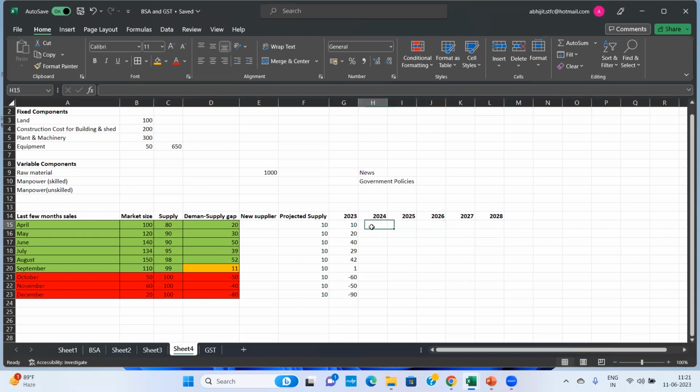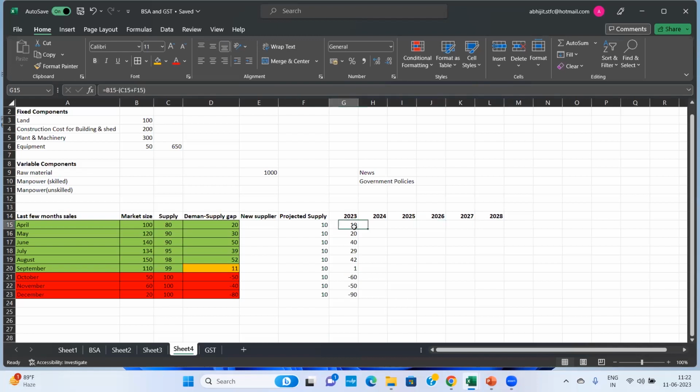Considering the seasonal factor in mind, considering the cyclicality of the business in mind. Correct me if I'm wrong. You will ask, next 5 years, what is going to be the deal? And this demand supply gap is going to determine your future projected financials.